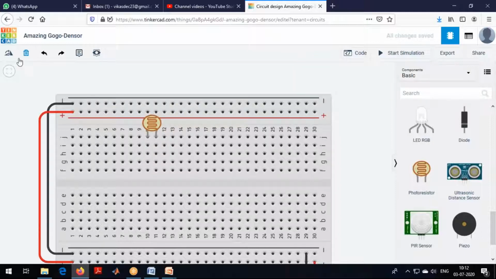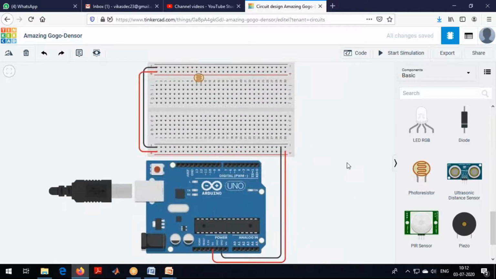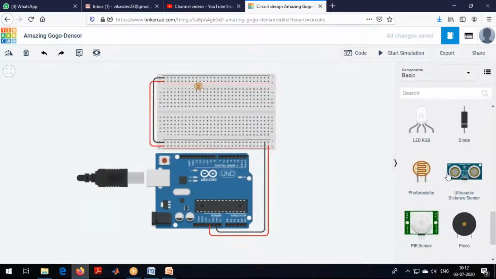Okay, I can just place it like this. Automatically this internal terminal will be connected to the corresponding pin. Next, what I have to do is take a resistor.